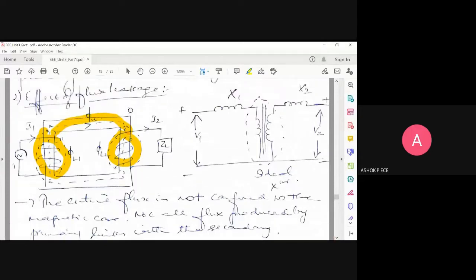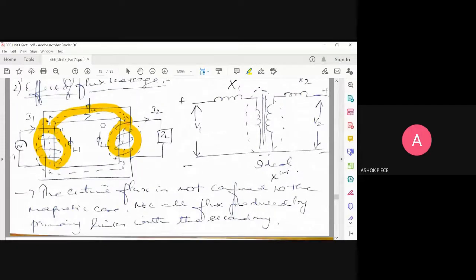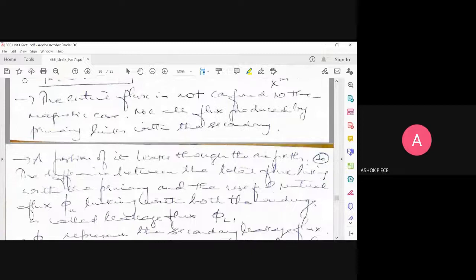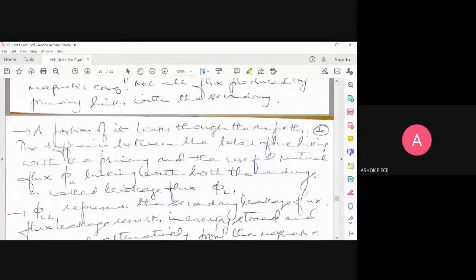But what happens because of the non-ideal nature of your core? Your core does not have infinite permeability, right? The core has a finite permeability, and there is also some reluctance inside your core. Because of all these factors, some flux produced from the primary will leak into the air. It will escape into the air. So that is going to be one of the leakages. A portion of the flux will leak through the air paths. So if 100 flux lines are there, assume 3 flux lines are leaking out. The difference is only 97, so 97 is going to be linked to the secondary.